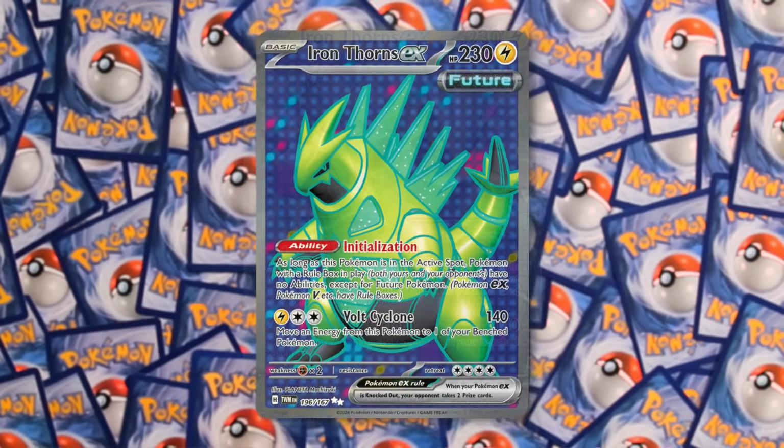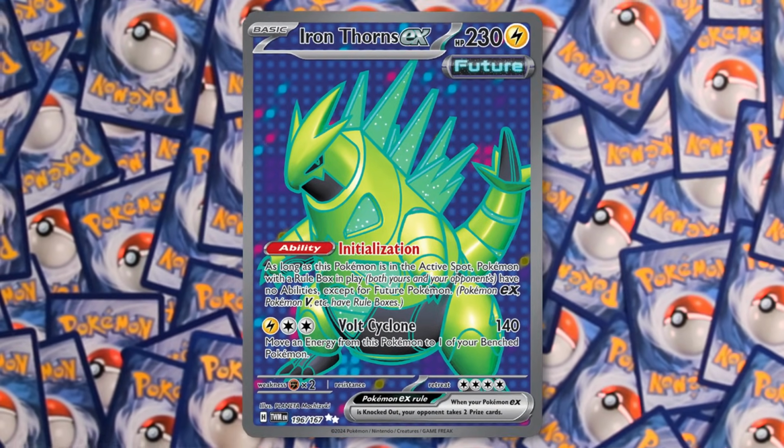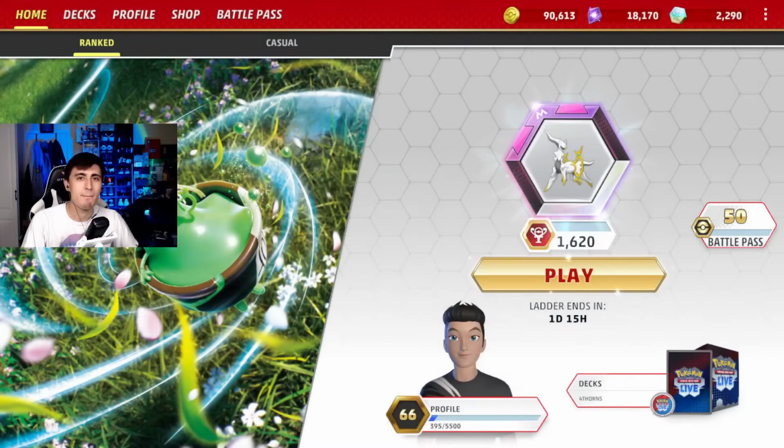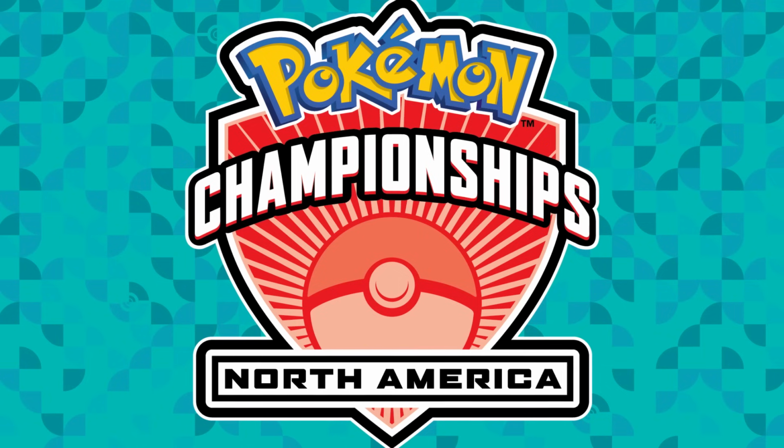Today we're taking a look at Iron Thorns EX. This Pokemon makes me happy because I'm a huge fan of Tyranitar. I also like the disruption that the Stadium card Path to the Peak used to have, especially against decks like Charizard. And today we're playing a fun build that was the highest performing Quad Thorns list at the North American